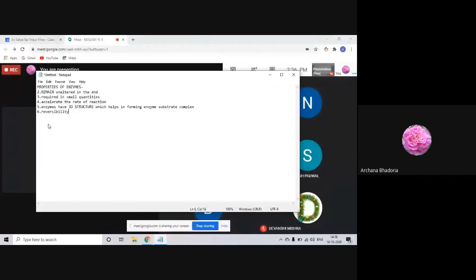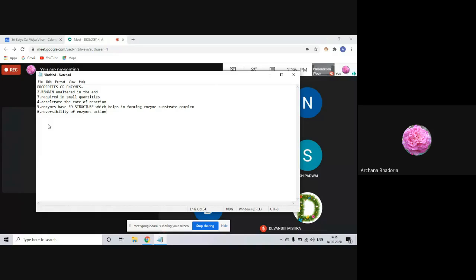You can write down that some enzymes show the reversibility of their action. So what do you mean by reversibility? You understood that if oxidation is happening, then it will do reduction also. If hydrogen addition is happening, it will also remove the hydrogen, so it will also do dehydrogenation. So that way they are showing the reversibility of the action.